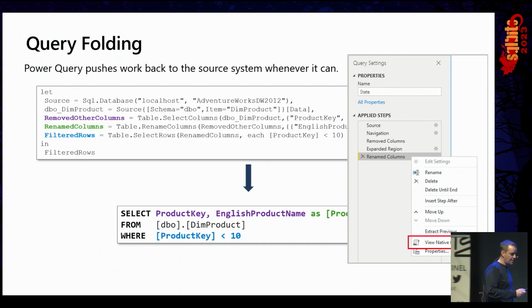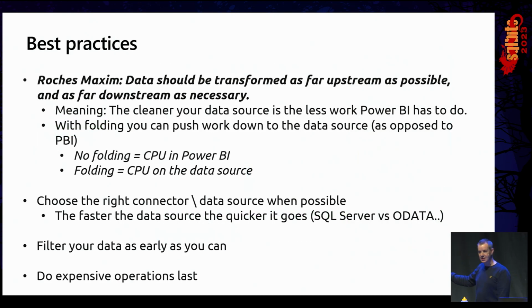So, some best practices. Of course, who doesn't know Roche's maxim: data should be transformed as far upstream as possible and as far downstream as necessary. Easy and simple, but it's not that simple usually. What it means is, the cleaner your data sources, the less work Power BI has to do. The less your Premium capacity has to do, the less you have to pay Microsoft. Of course, you're paying it somewhere else because your SQL Server has to do the work or whatever it is,